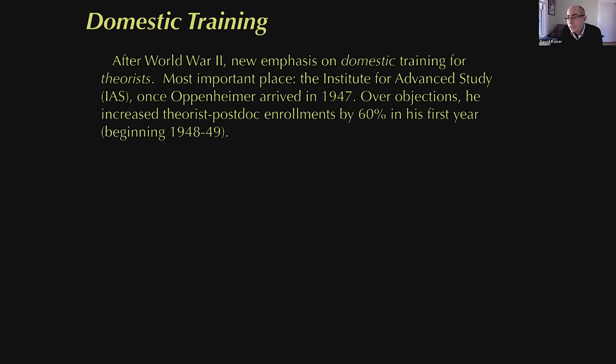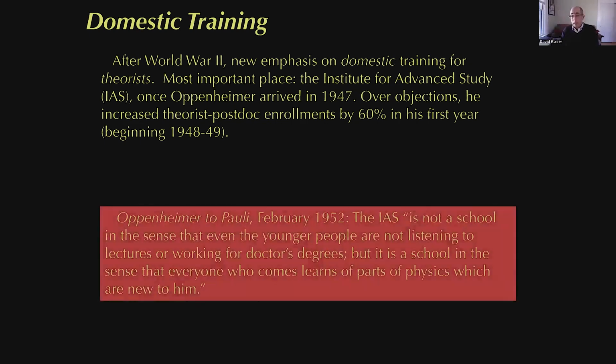So one of the first things he did when he moved was jack up the number of theory postdocs by 60% in 1 year. He really said, I'm in charge now. And rather than support other things that he might have done with the Institute's budget, he said the most important thing we can do for the scientific community is really kind of rapidly expand the number of slots for young postdocs in theoretical physics, not coincidentally his own field. A lot of people at the Institute didn't like that at all, but that's what he did. And he did that year after year.